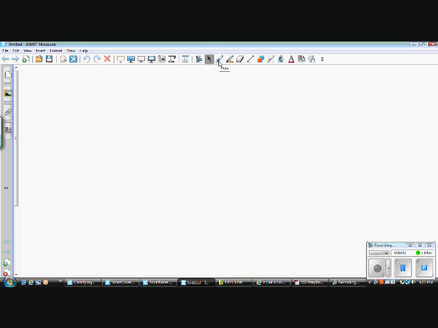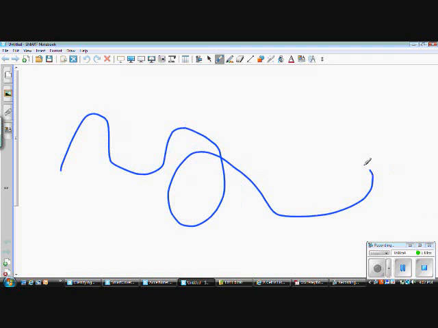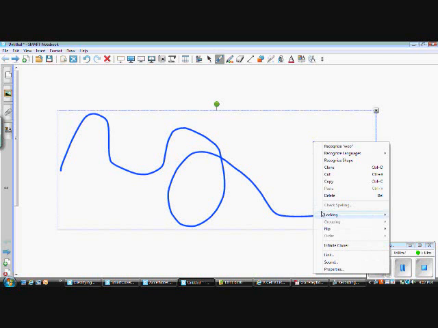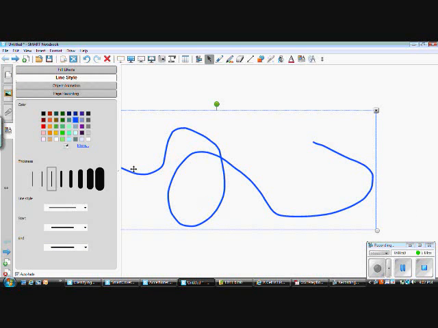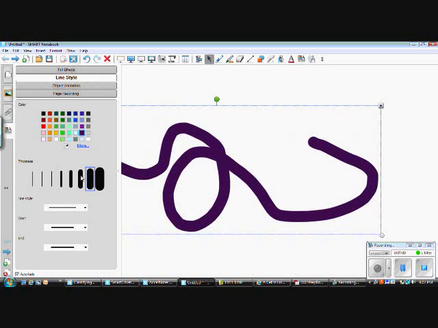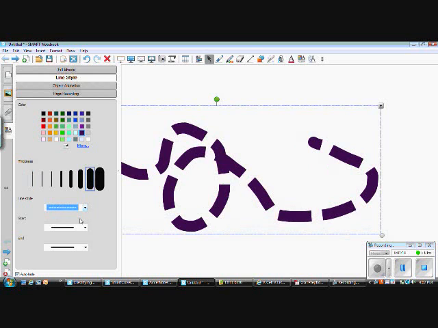You also have the pen feature at the top. By clicking on the pen, you have the option of colored lines, thick, thin, or dashed. I'm going to click blue, draw a squiggly line, do a curve. Okay. By right-clicking on it, I can click Properties and change the color, so I'm not stuck with just those colors. I can change to bright green, light blue, purple, and I can even make the line thicker or very tiny. I can make it dashed if I want in different places